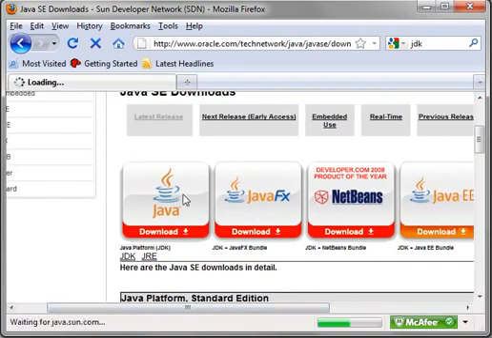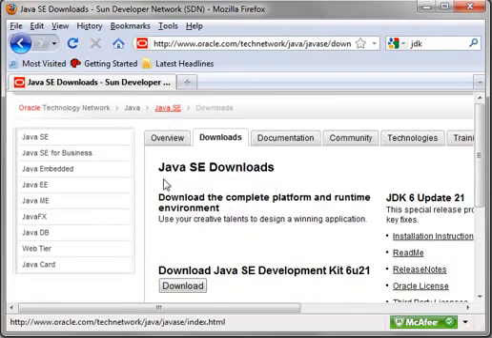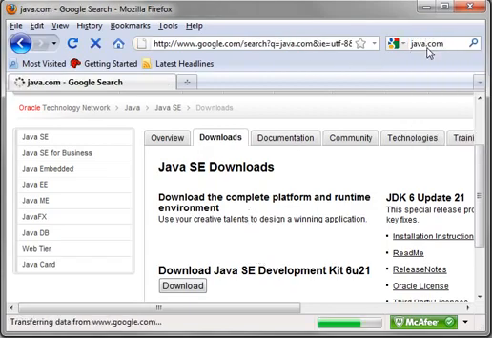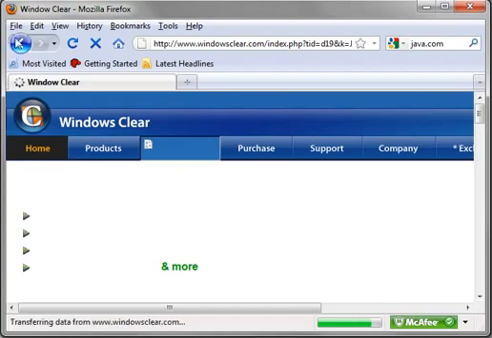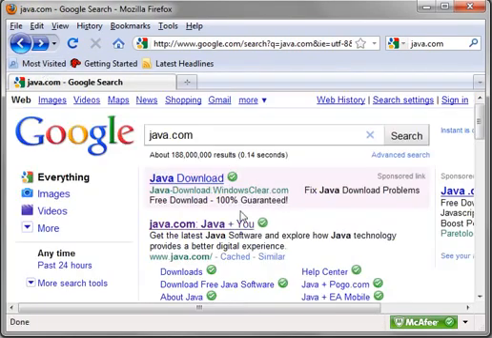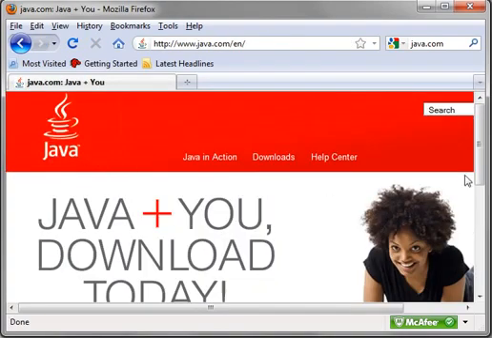So anyways, you just click Java, and chances are you already have Java installed, but if you don't, you just download the development kit. Now there's something you should know here. There's a Java runtime and a Java development kit. The runtime allows you to run Java code. So when you go to java.com, that's not it. Darn you, Google. There it is, java.com. When you go to java.com and you download, you're downloading the runtime environment. This allows you to run Java. You're going to be programming Java, so you're going to need the runtime and the JDK. So go to java.com, choose your language, download the JRE, or Java Runtime Environment, and then you're going to need